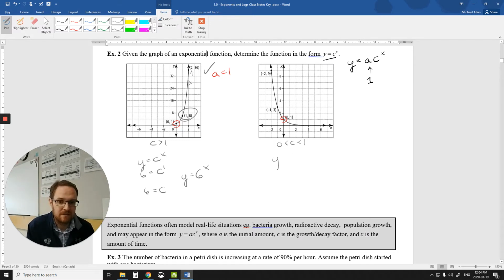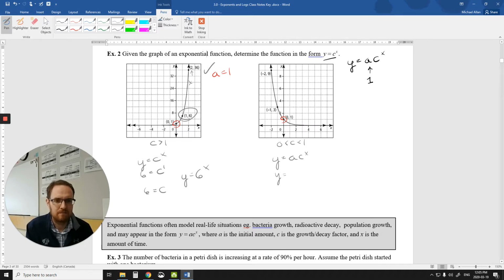So we can go over here and do the same thing. Remember, this is just like transformations. If there was an a value, you'd use the 2 points to solve for it. You can have a system of equations, and we can solve for either a or c, or b, or h or k, depending on what we have. So if we did treat this as if it had an a, and we didn't know exactly, but we know the a is supposed to be 1, we can just go through and say, okay,